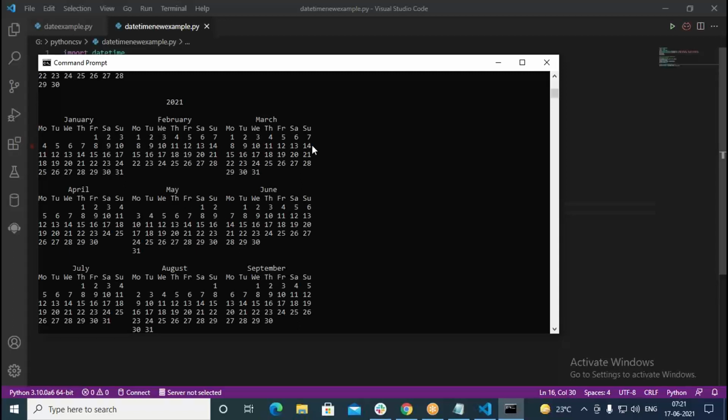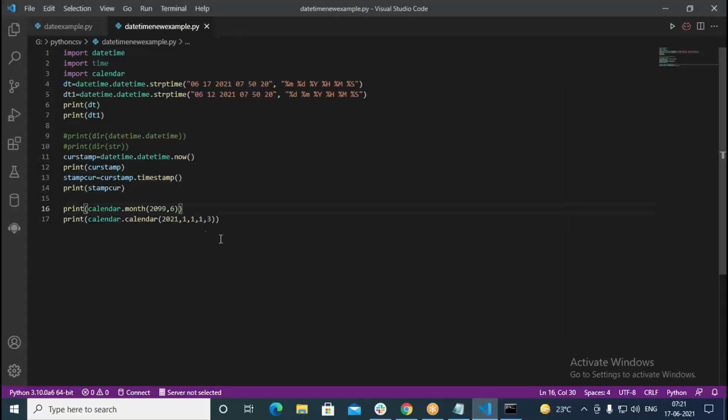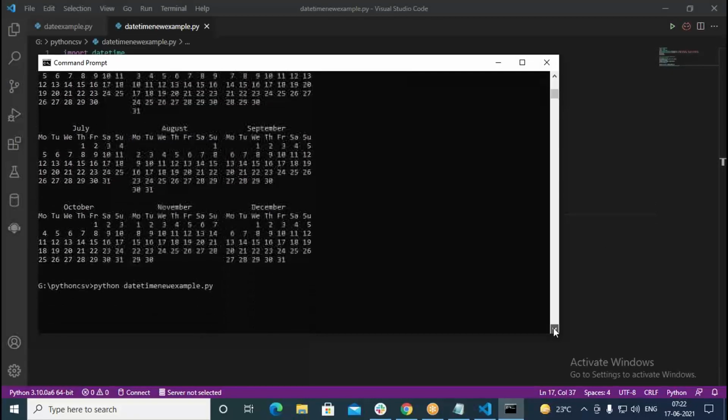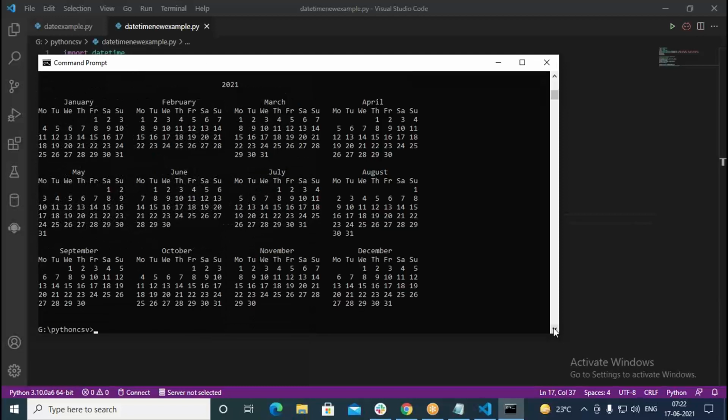Okay. So similarly, how much space between the 2 months? Only one space I have given. So that's why they are coming actually very close. But if I change here, suppose I go with 3 spaces here, now it is going to be widespread. And here I actually want to put 4. I want to go with 4 months in a row. Now, once again, let us print this. How many are we getting this time? 4 we are getting. January, February, March and April we get.